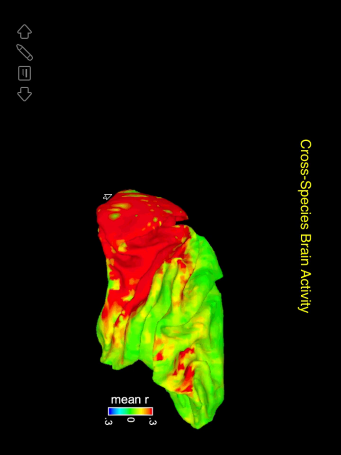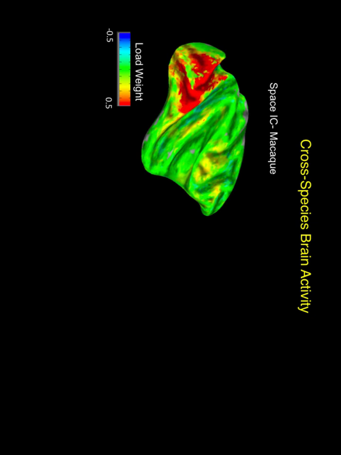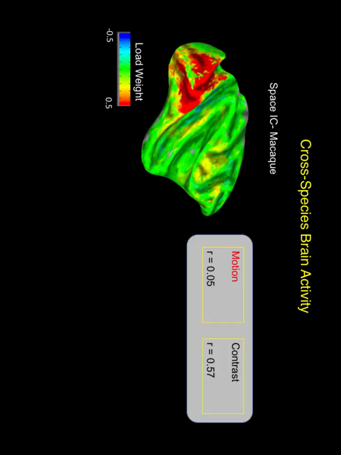Similar type of thing, we've done a similar thing looking across monkey species. We can take the responses in the macaque brain, get each voxel, and then calculate, across the whole brain, an independent component space, and we get individual areas, regions that are responding in similar ways to each other. And then we can compare the time course of that similarity to the variables that we coded. We see that this particular group of voxels are all responding similar to each other,